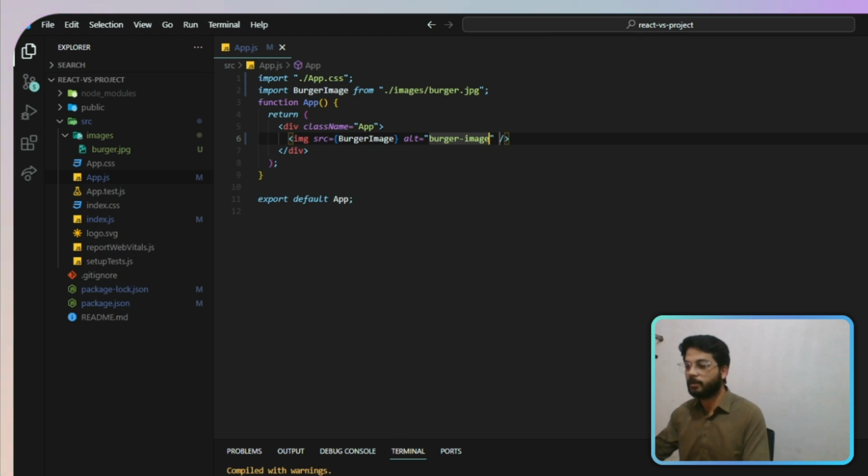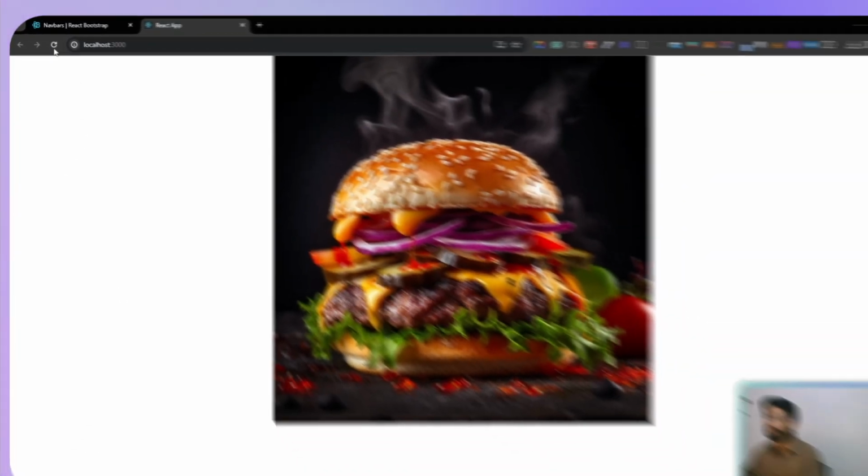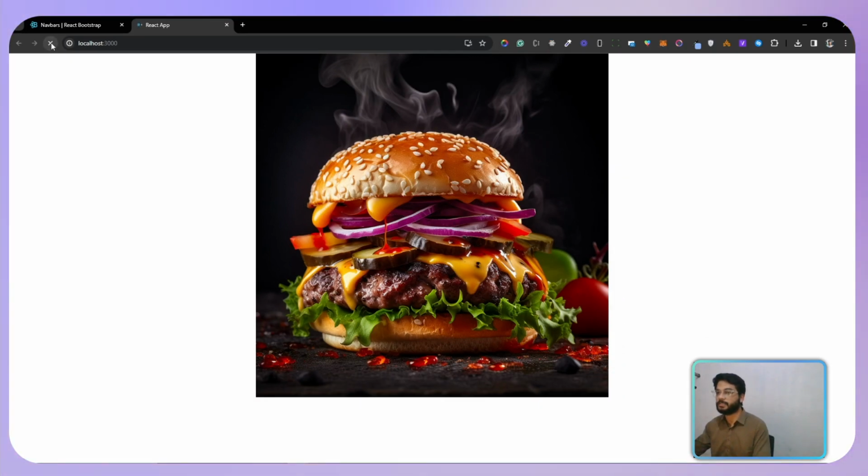So I will go to my localhost. Here I refresh the page. Here you see the image shows successfully. So that's it. This is all you need to know about how to use